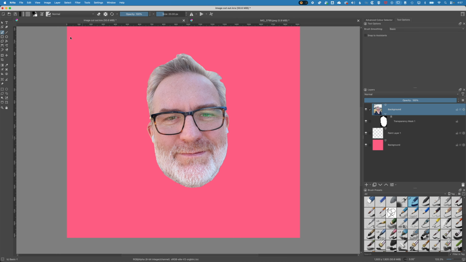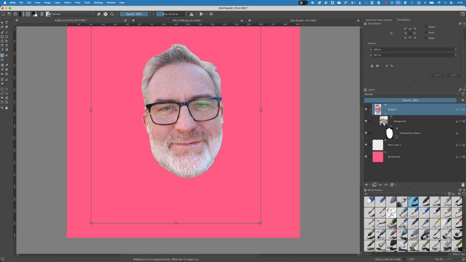So I hope it's a good overview of how to cut out an image. Obviously we've got our layers there, we've got our group, and if you do have any questions then please do